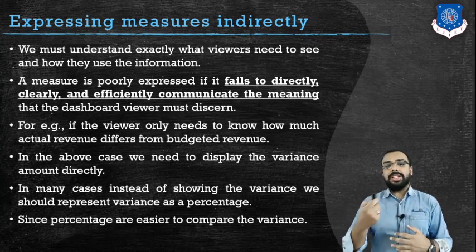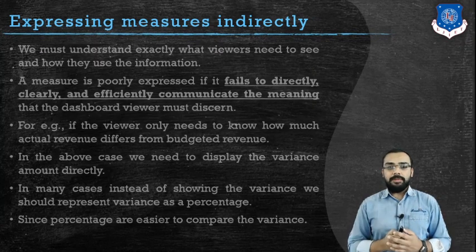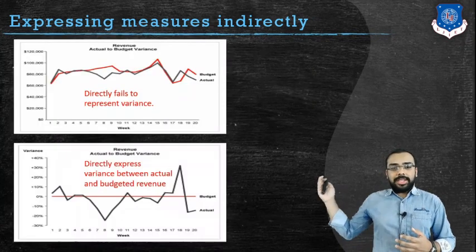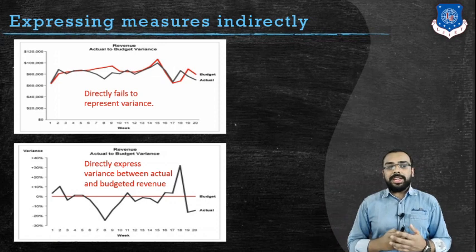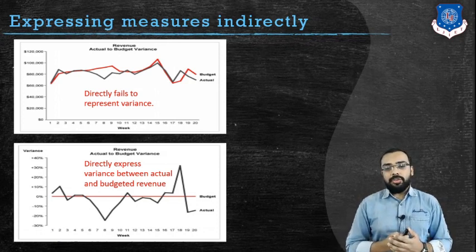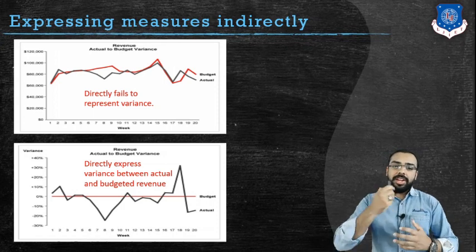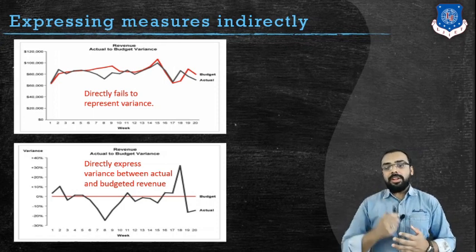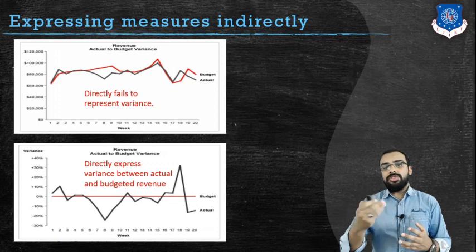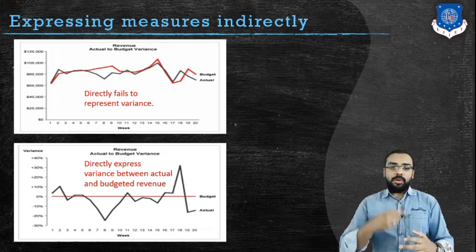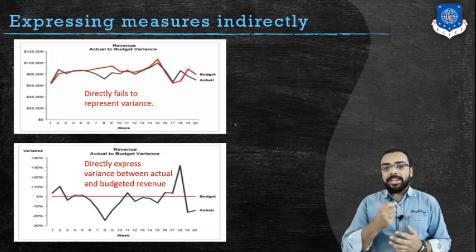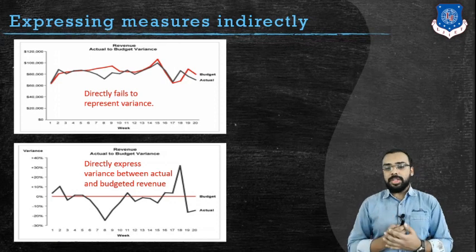So let us consider an example and see where this particular issue has been seen. You can see in the figure, the first figure simply represents the budgeted and actual revenue of a particular company. Now what can you identify from that? For example, if I want to identify the actual difference between these two, by observing these two lines, will I get any idea? In simple terminology, it is no.